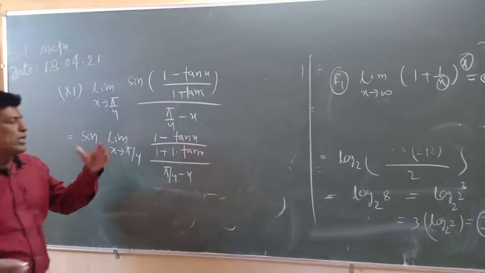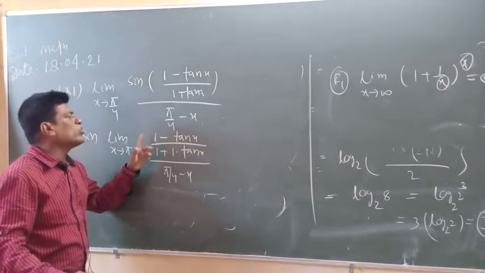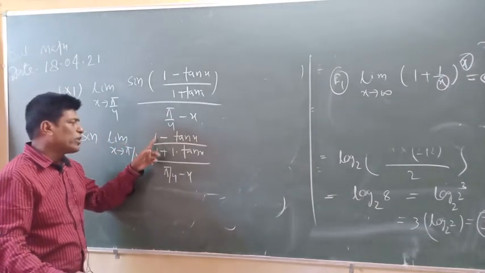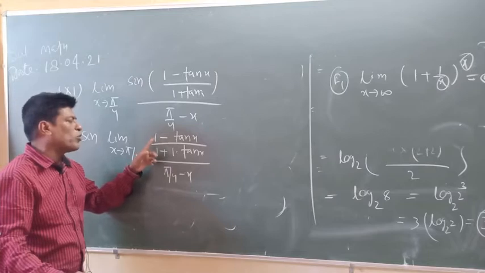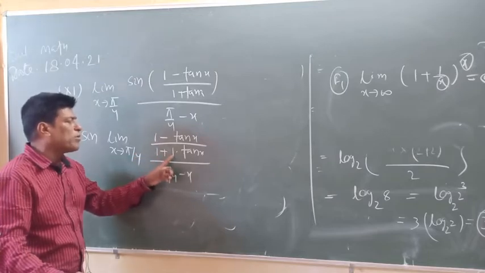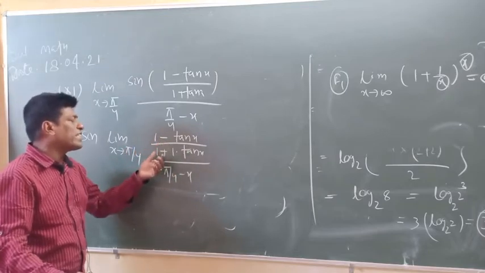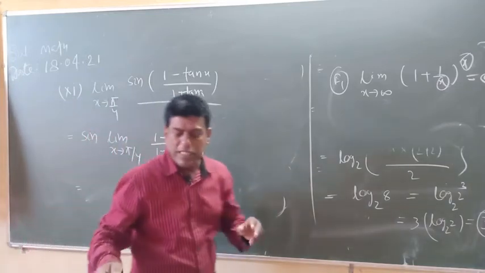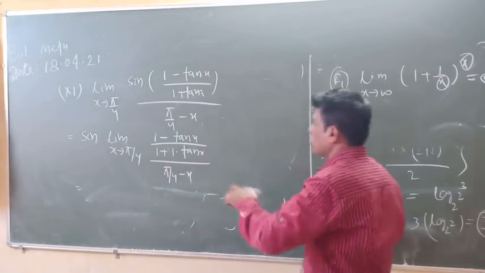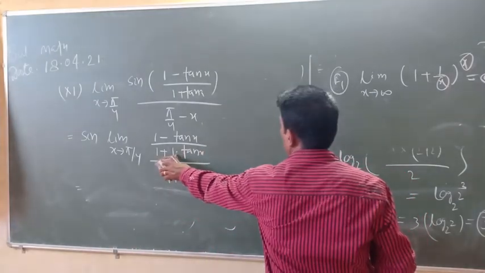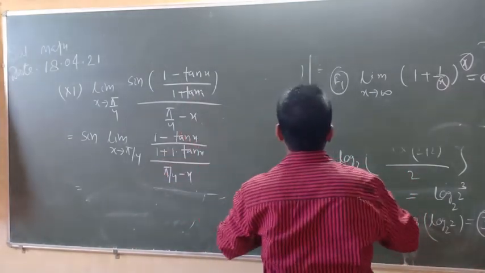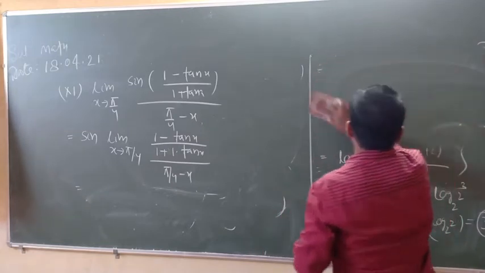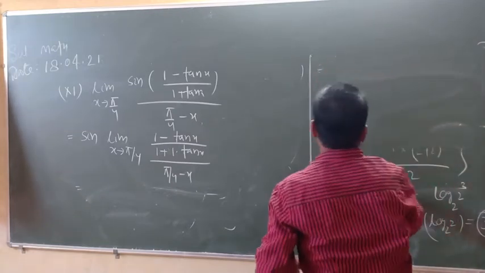Look here, you know the value of 1 is equal to tan pi by 4. You can put in this case 1 is equal to tan pi by 4, because tan pi by 4 minus tan x, divided by 1 plus tan pi by 4 into tan x is the tan a minus b formula, that is tan of pi by 4 minus x. This trick must be remembered: 1 is multiplied with tan x, because tan x is the same as 1 into tan x.